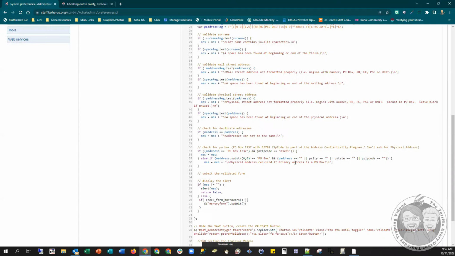It's the address confidentiality program, so if maybe you're an abused spouse and you've got a restraining order against your former spouse to prevent them from having any contact with you, it gives you a way to have mail come to you without going to a physical address,